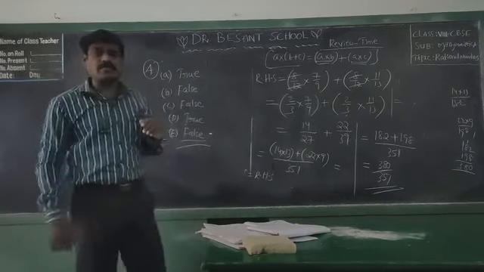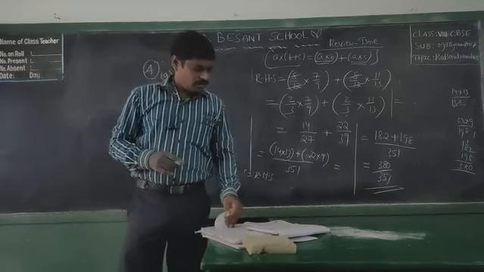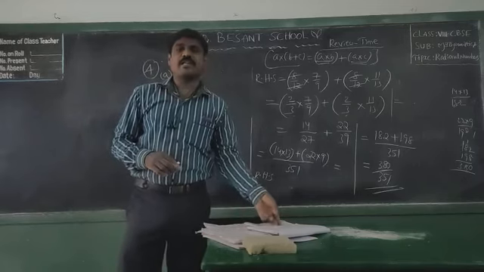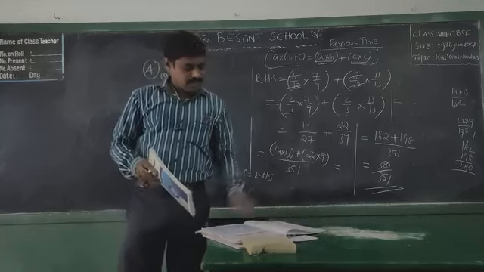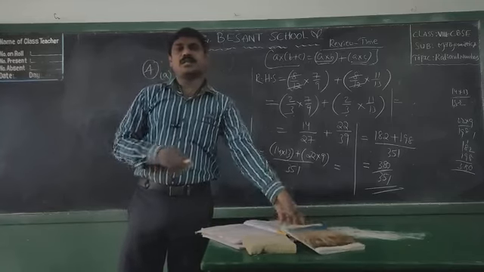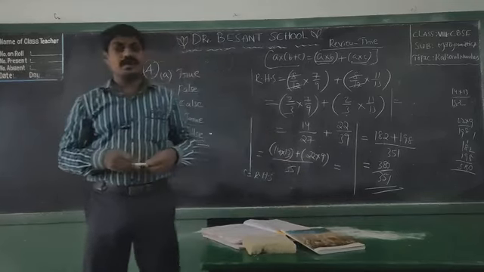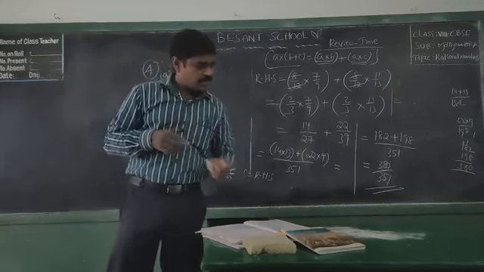Then, some problems I have explained in review time. The remaining problems you can do on your own. Okay, this is chapter 1, rational numbers. Now we have completed it successfully. Next is the second chapter, exponents. I will start the chapter on exponents. Okay children, again we will meet in the next class.